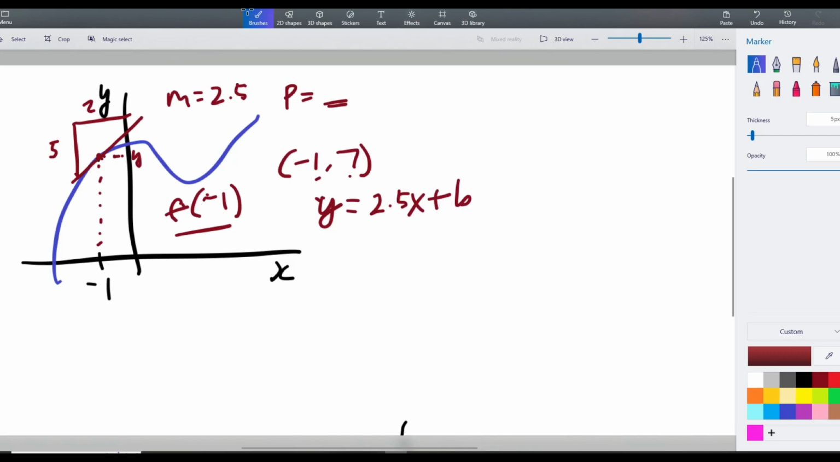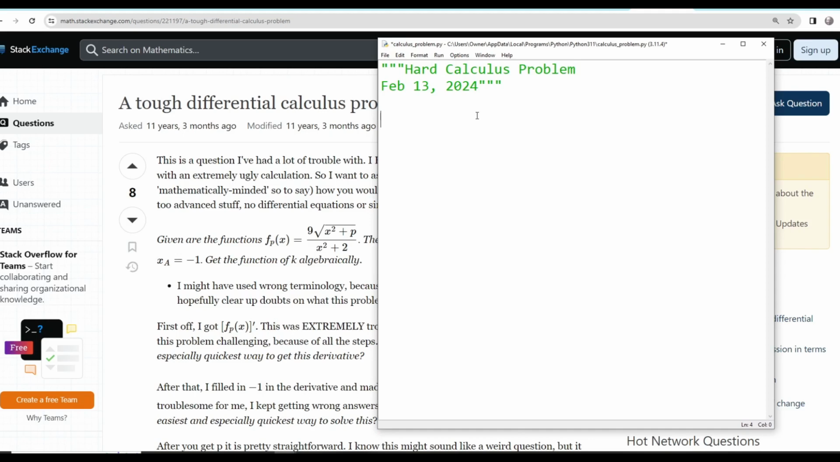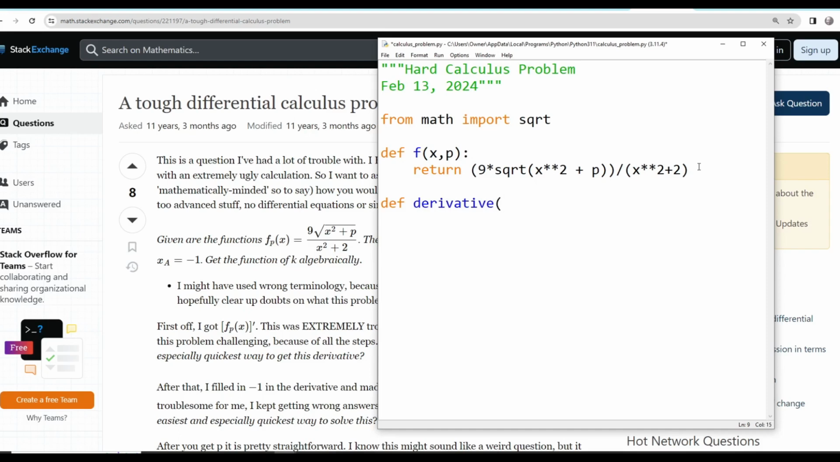Okay, let's go to Python. So for this problem, we're going to need the square root. Then we're just going to define the function. There we go, except we don't know what p is. So we're just going to have to find out what p is by trial and error. Now we need a derivative function. Finding the derivative of a curve,